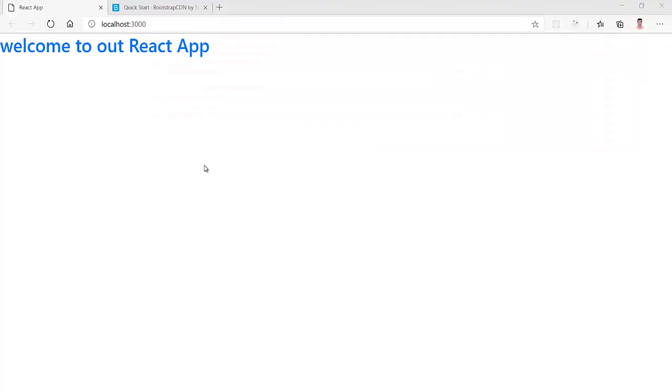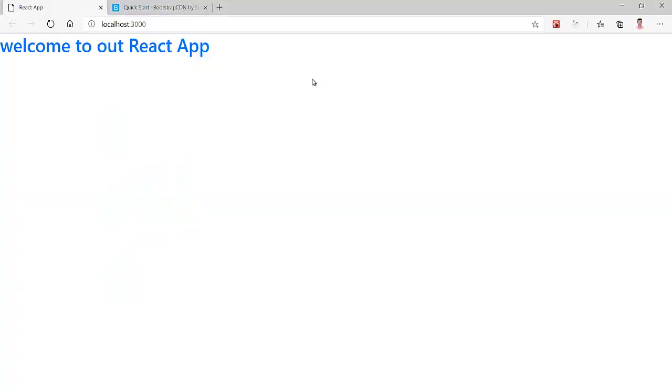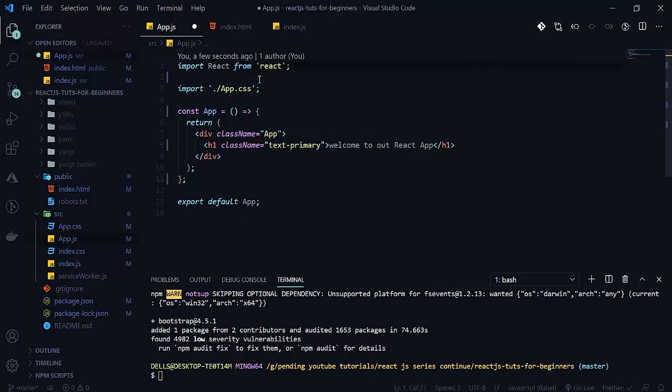Now see that when I am trying to import the button here from Bootstrap, it is giving me an error. So if we want to import a component here, we have to use React Bootstrap.